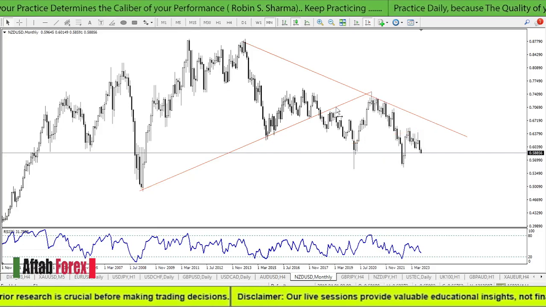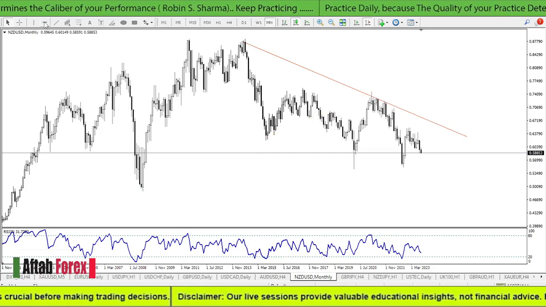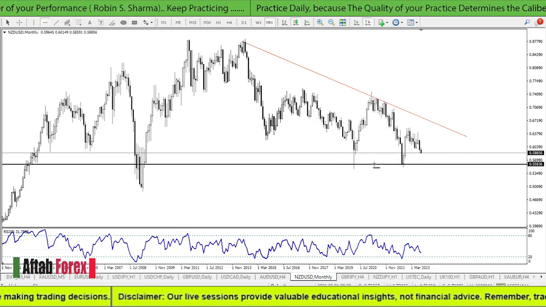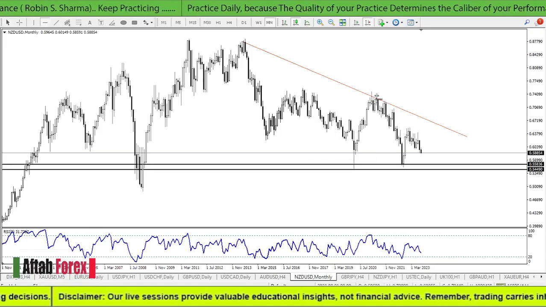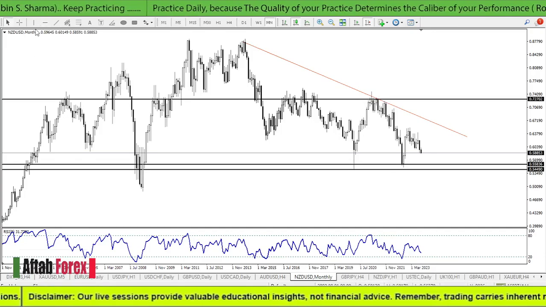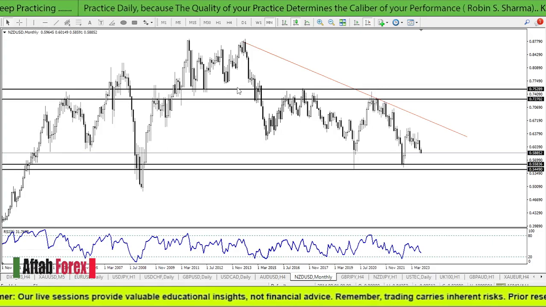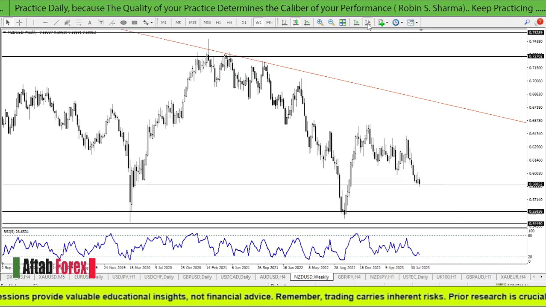So the first thing first, now I have found these levels. Let me also find my support resistance levels, so I can work in between those levels. Since it bounces off from this trend line, that's why I'm going to include these levels in my analysis. Now the monthly is done. Switch to the weekly time frame and see